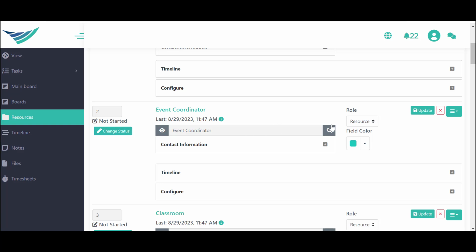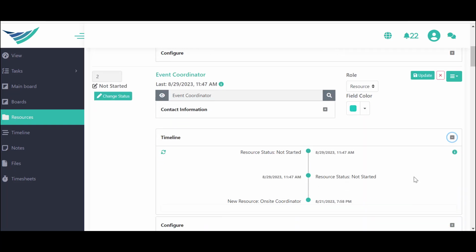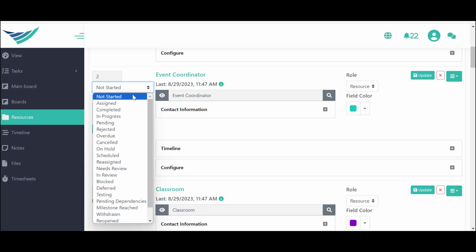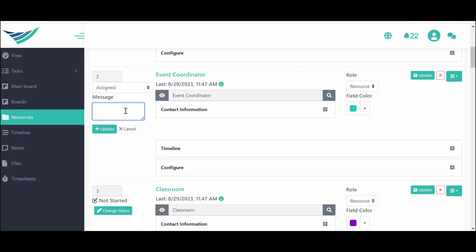A lot of things can be customized around resources, including how they appear and how you communicate. You see a timeline of a resource and what's been going on with that resource. So let's pick a resource here called Event Coordinator. I notice it's not started yet. So if I change the status of the resource to assigned,